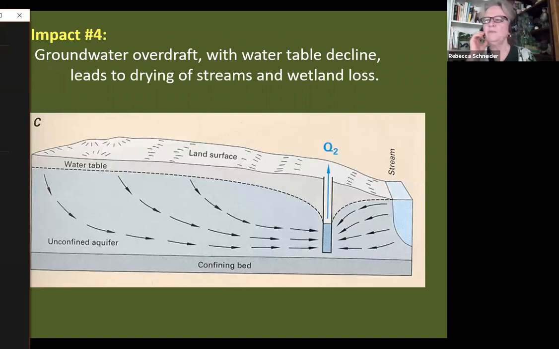All right, impact number 4 is groundwater overdraft. So remember, I mentioned that on average, 50% of the water in our streams is groundwater. The groundwater is what keeps the stream flowing between rain events. It's really critical. Unfortunately, more and more, the world is turning to groundwater as a source of dependable water in the face of climate change with longer, hotter droughts and more people needing water.